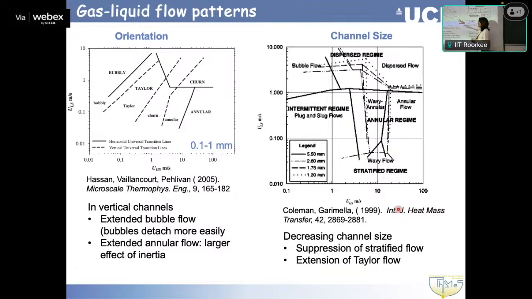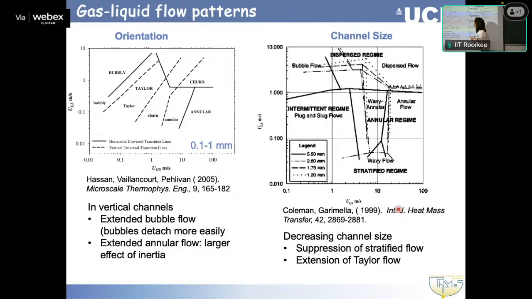Because depending on which regime we are, the mass transfer will be different, the pressure drop will be different, whatever other properties we want will be different. So to be able to predict the transition lines is a very important thing. How easy is that though? Not very easy. So I have here shown you a few cases where people have kind of tried to do